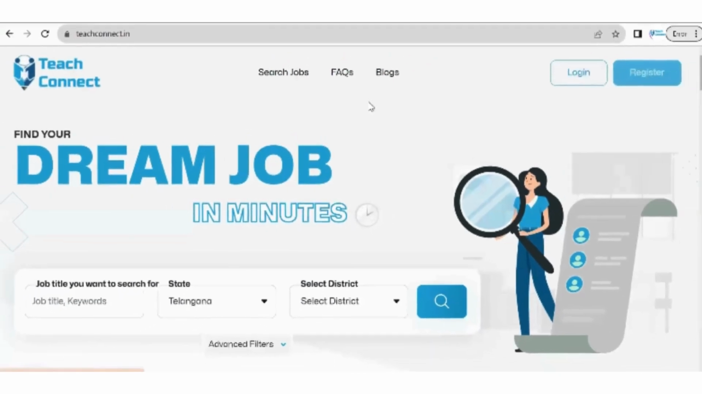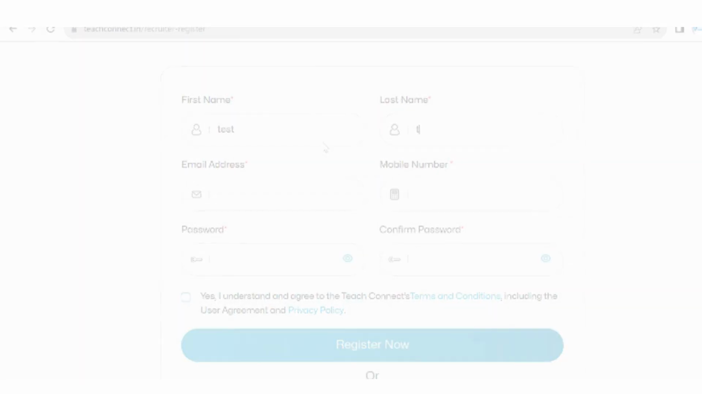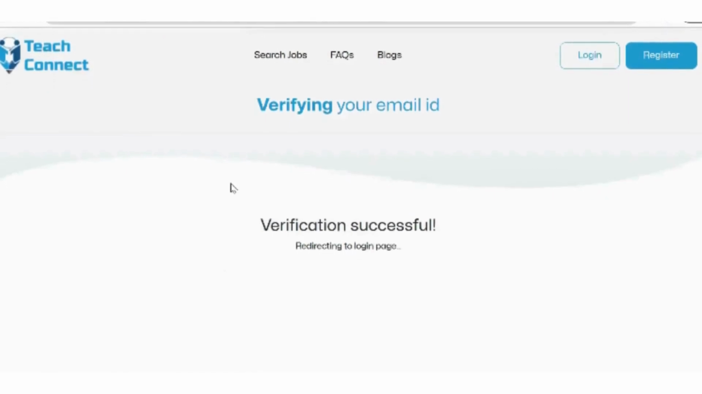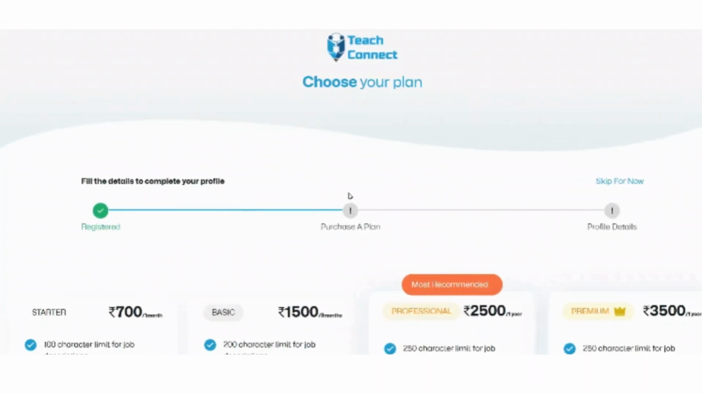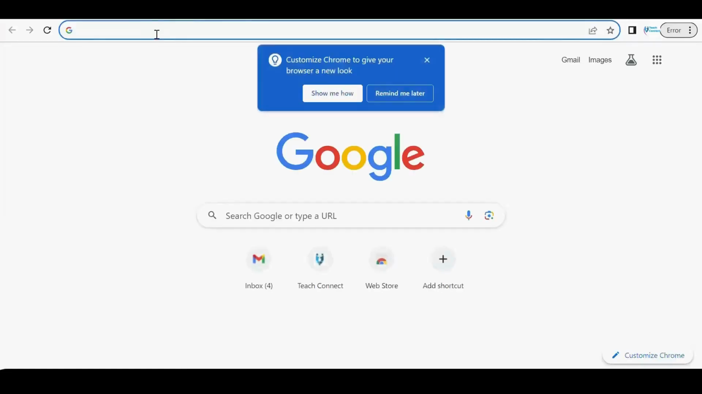There is a stepwise process in order to register your school for finding job seekers suitable for your organization. Hello, recruiters. In TeachConnect